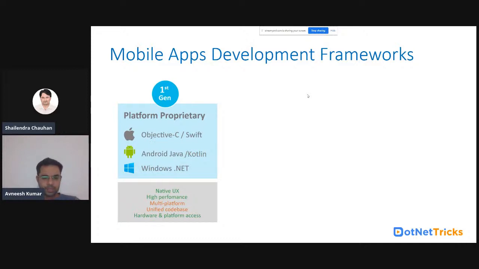Hardware and platform access is a pretty good feature in native apps. Native apps are built upon OS-specific things, right? So they have pretty good access to the OS-specific features.